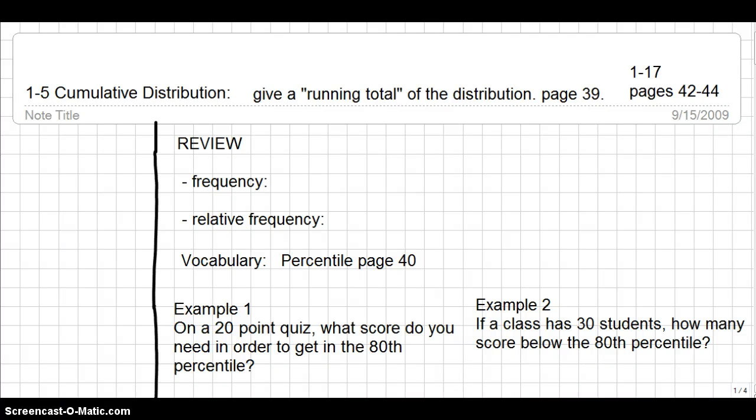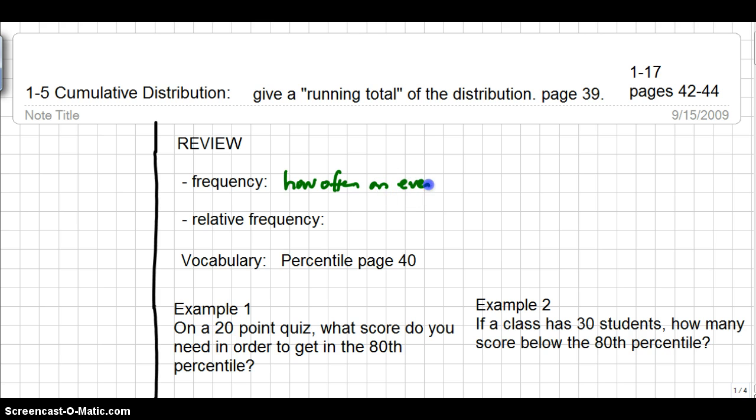This lesson is for FST, Lesson 1.5 on cumulative distributions. A cumulative distribution will give students a running total of the distribution, and that definition is listed in your textbook on page 39. We need to do a quick review of what frequency is before we can get into cumulative distributions. When you're working with frequency, that's simply how often